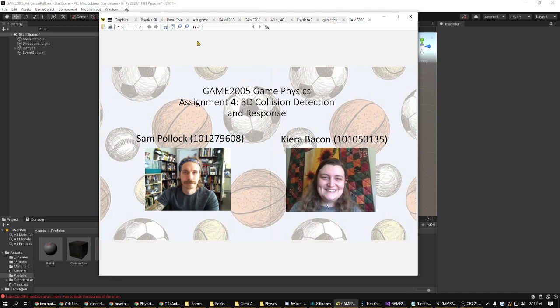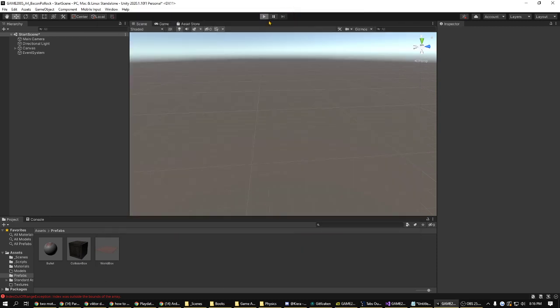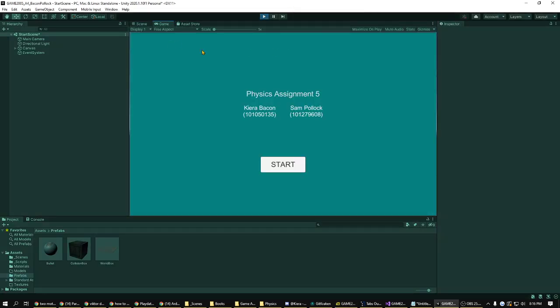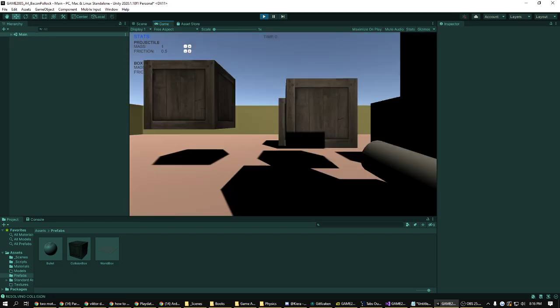We are presenting the game 2005 Assignment 4, 3D Collision Detection and Response. And as always, we'll start off showing the program in action. So we've got a start scene here introducing us, and when you press start, it loads up the main game